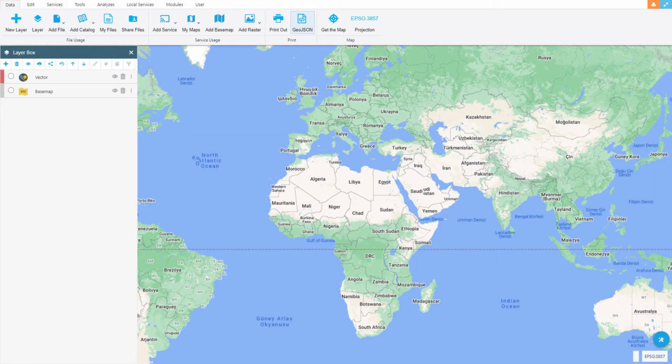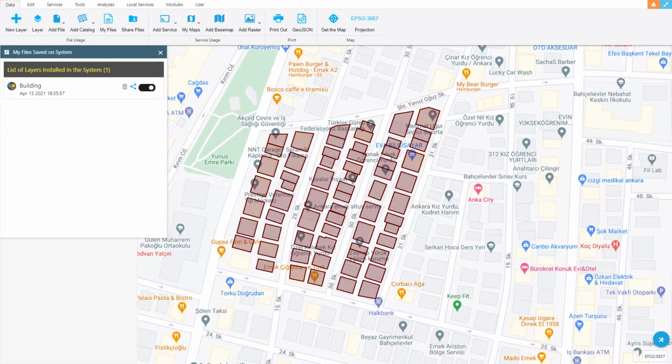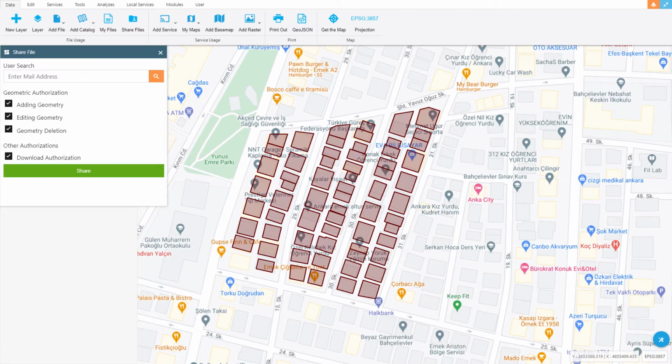In this tutorial video, you will learn to share the system file. When the My Files option in the Data menu is clicked, the saved layers are listed in the displayed panel. The sharing screen appears with the Share button on the right of the listed layers, so the layer can be